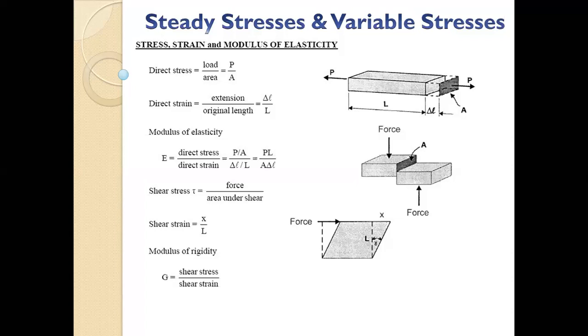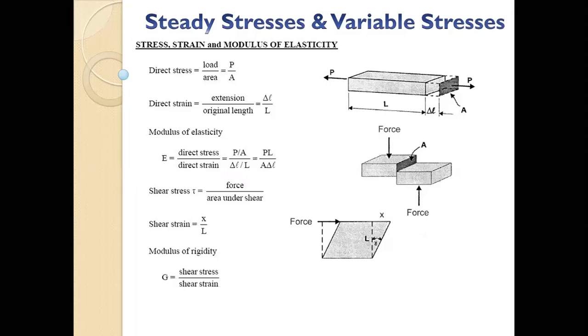Okay. And what is strain? Strain, you know very well, is basically elongation. Suppose you have a 10 centimeter rod and after putting load it became 10.2 centimeter or 102 millimeter, then your 2 millimeter or 0.2 centimeter is your extension, delta L, the change in the length. If you divide that 2 mm by the original length 100, that becomes your direct strain, so 0.02 is your direct strain. So strain is change in length upon original length, delta L upon L.